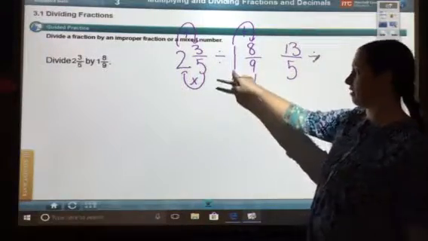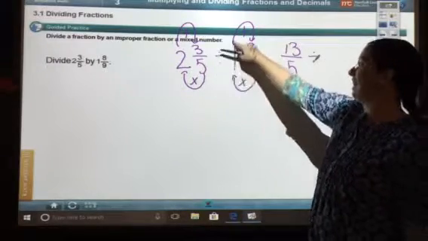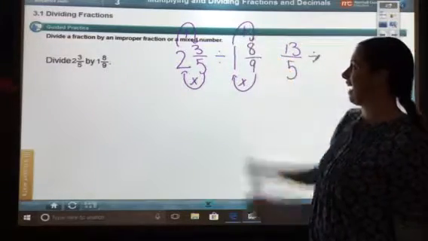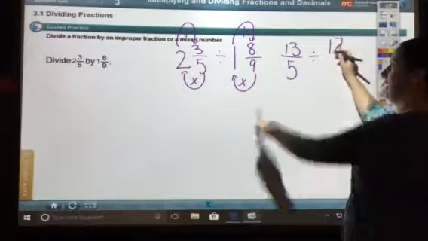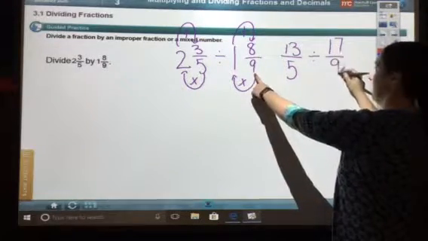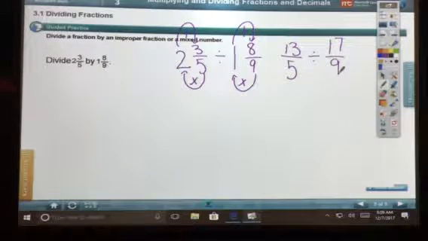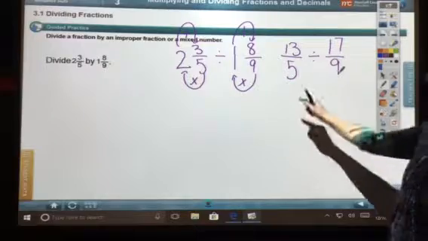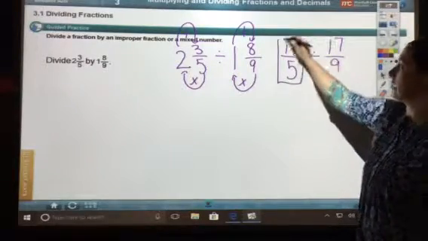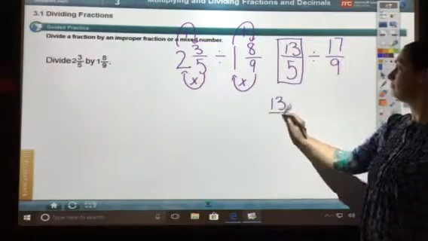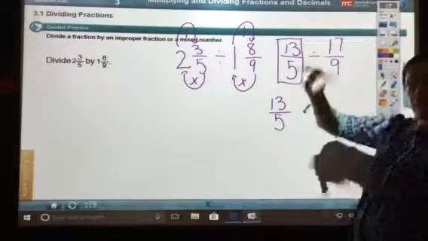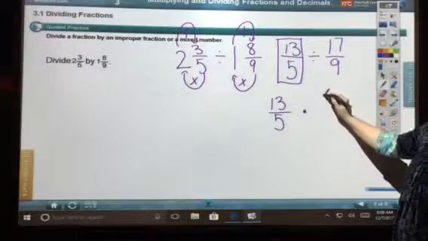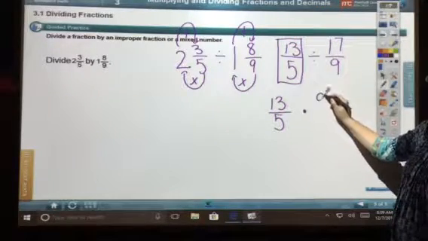I multiply first, 9 times 1, keep it in my head. Then I take that 9 and I add my 8. 9 plus 8 is 17. And I keep my denominator. Now that I have 2 fractions, I'm ready to freeze, change, flip. So I freeze or keep my first number. I change my division to multiplication, and I flip or take the reciprocal of 17 over 9, so it becomes